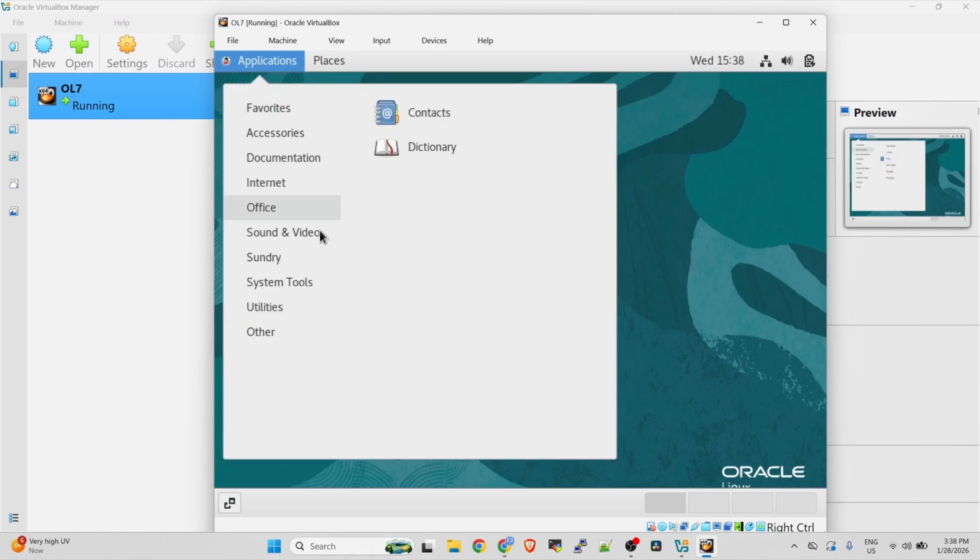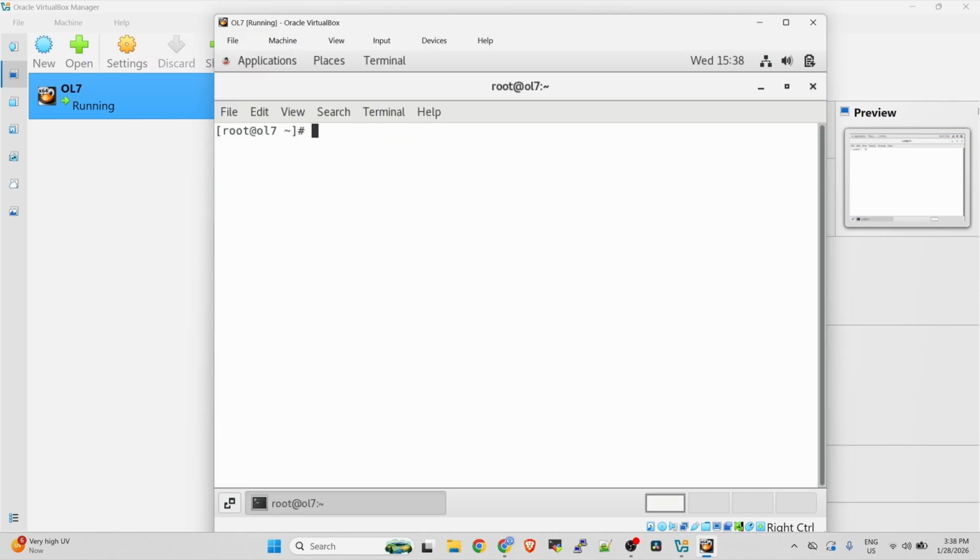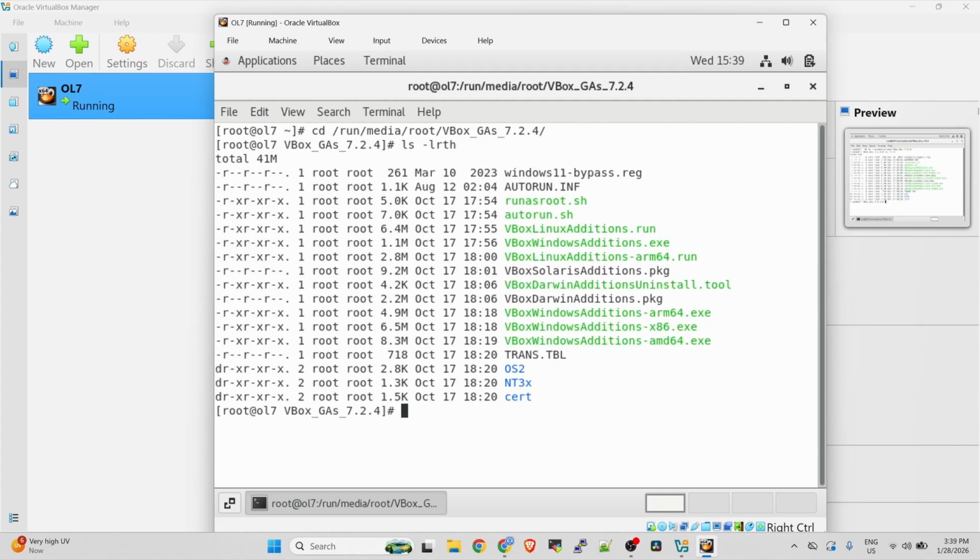So click applications, system tools, and then terminal. From here, let's go to run media, root, and then VirtualBox guest additions, ls -lrth. Then we're going to run the VBoxLinuxAdditions.run.